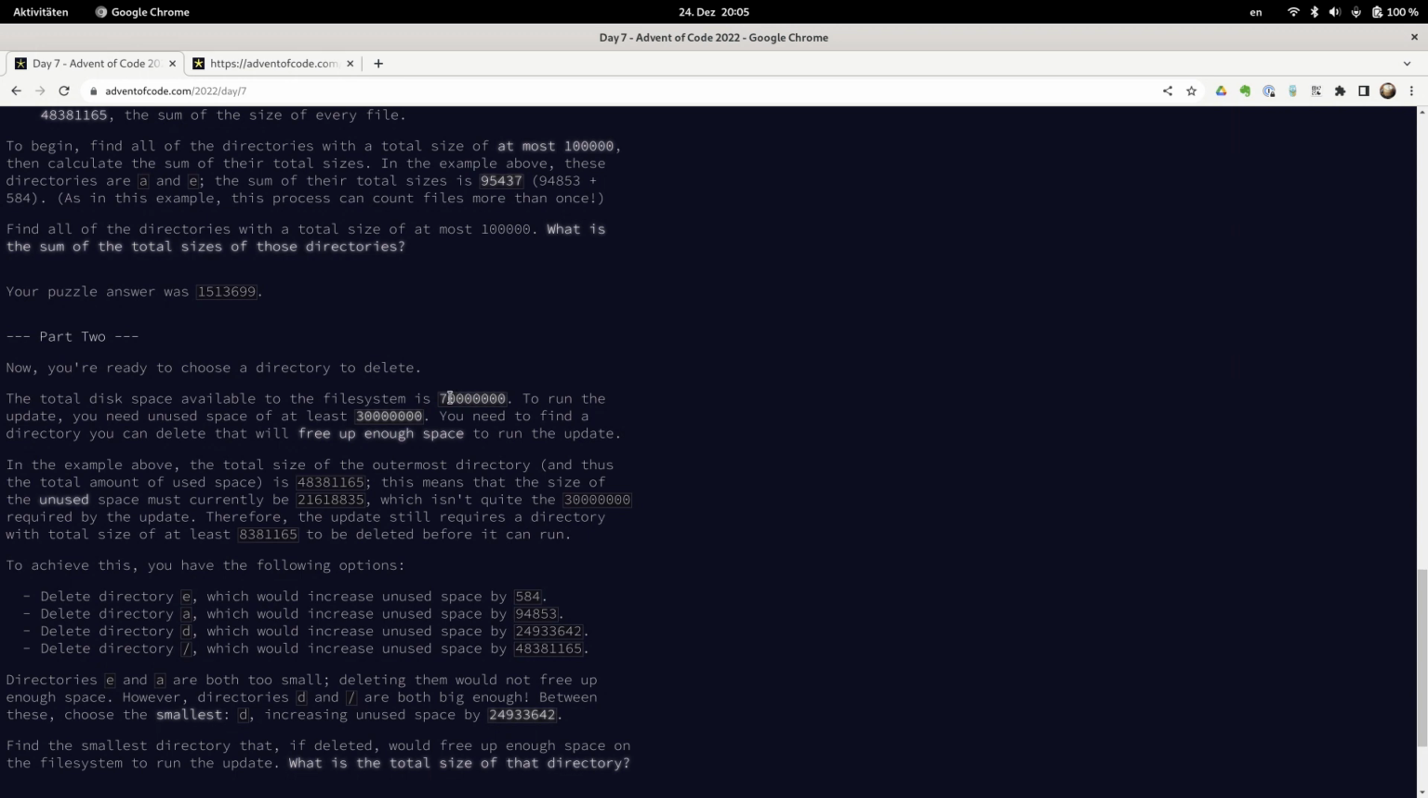It looks like 70 million. Yes, it's 70 million. To run the update, you need unused space of at least 30 million. You need to find a directory you can delete that will free up enough space to run the update. In the example above, the total space size of the outermost directory, and thus the total amount of used space, is